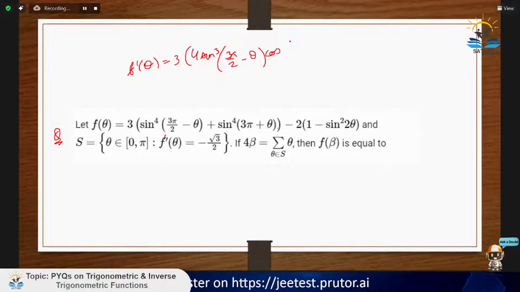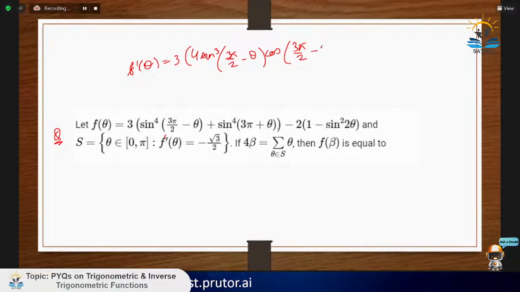So cos of 3 pi by 2 minus theta, and then the differentiation of minus theta would be minus 1. So take a minus outside,